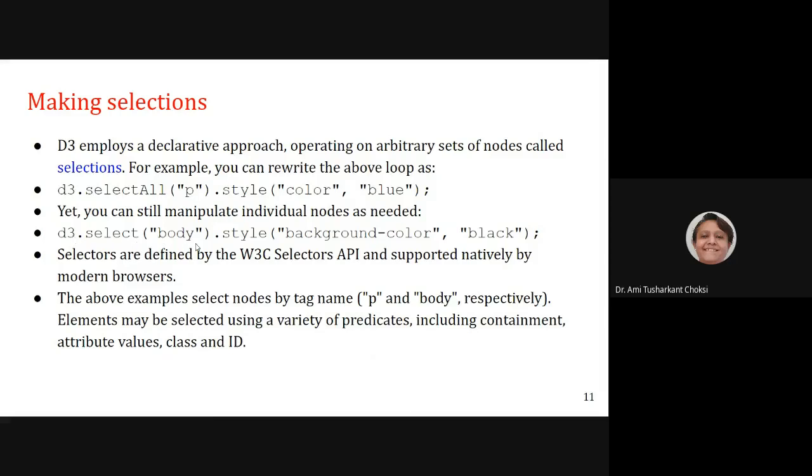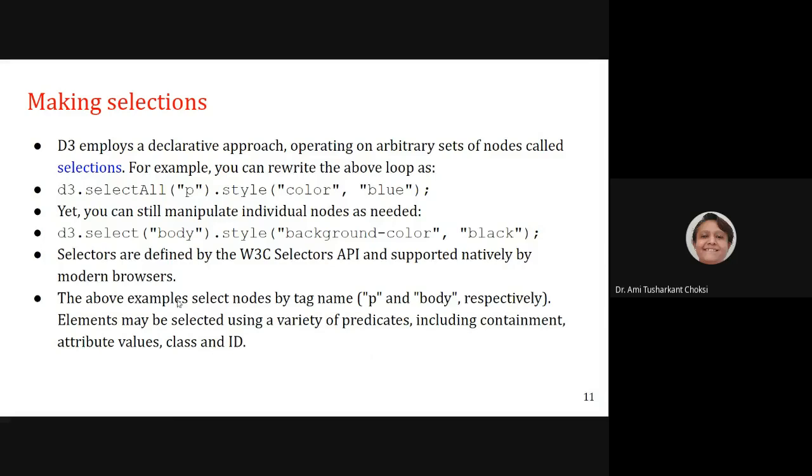In our HTML page only one body tag is there, right? For that we are setting the style, that is the CSS property, background-color, and the color we are setting is black, right? Selectors are defined by the W3C Selectors API and supported natively by modern browsers.